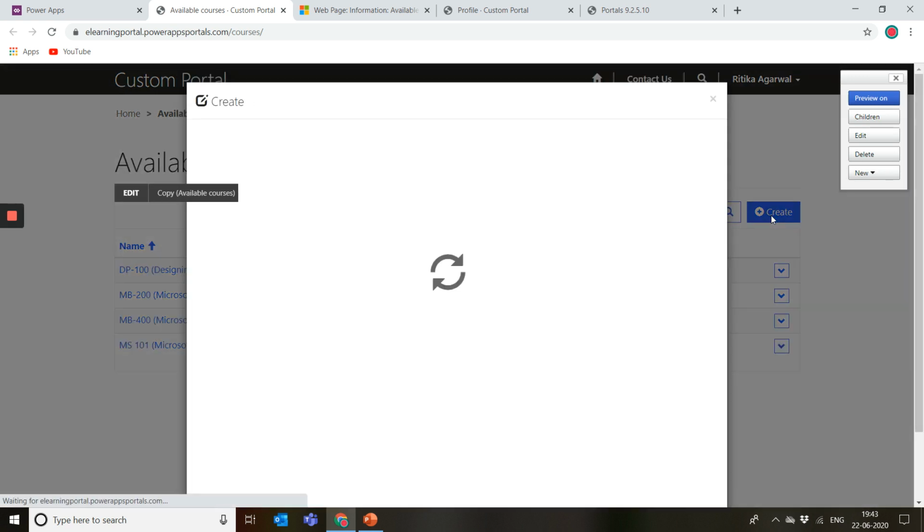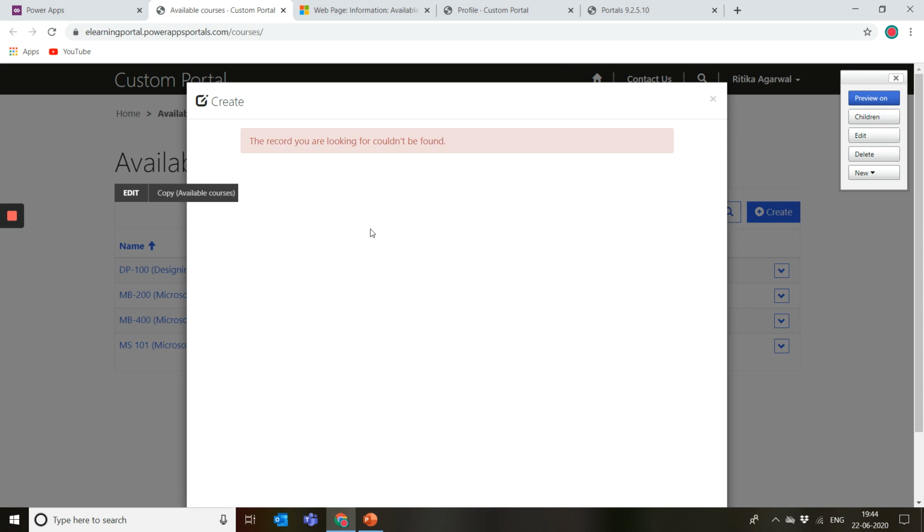If you want to create this, here is what the page loads, and this is a pop-up, and if you want, you can redirect the person to a different page. The error you're getting here, the record you're looking for couldn't be found, is because the default mode for this form is edit. And just like I suggested, if you are working with these things, create different entity forms for these. The one that exists for editing will not work for create and read only. So that is why you're not able to see it.